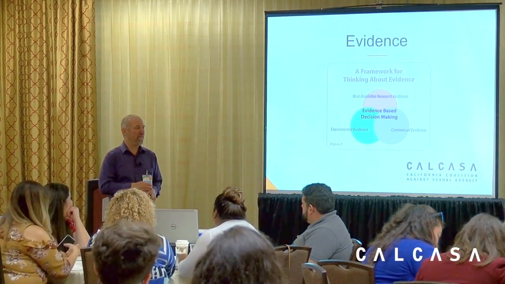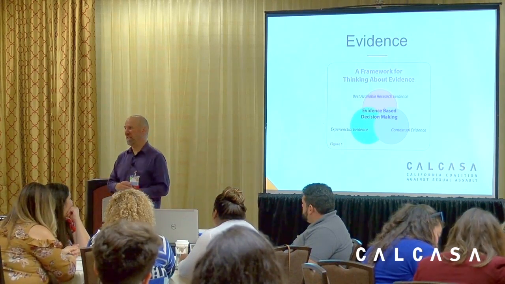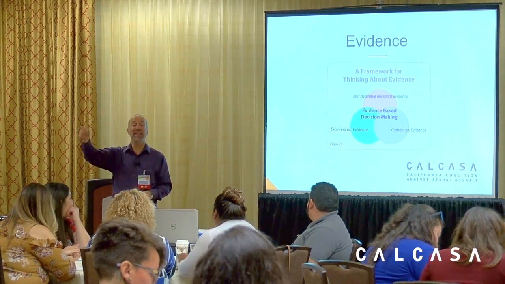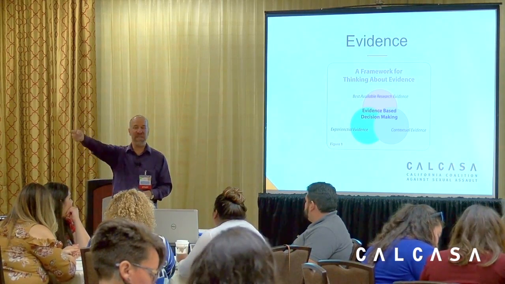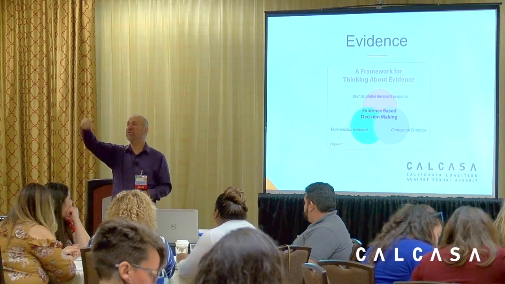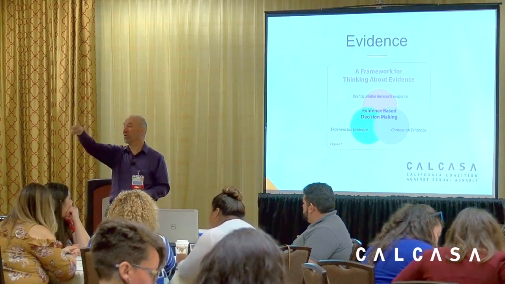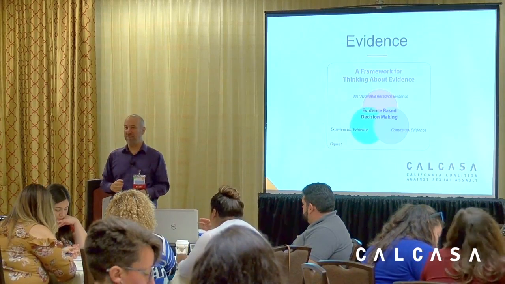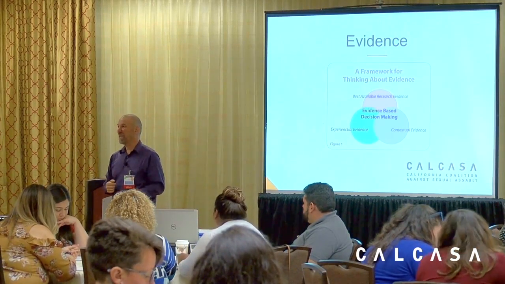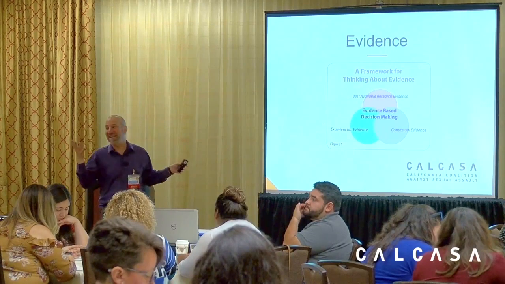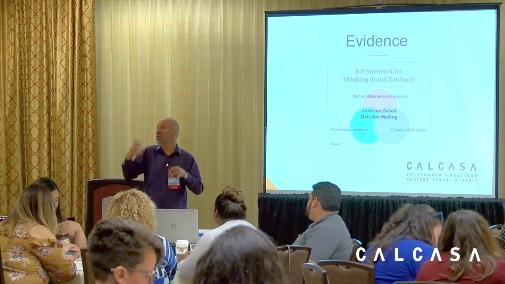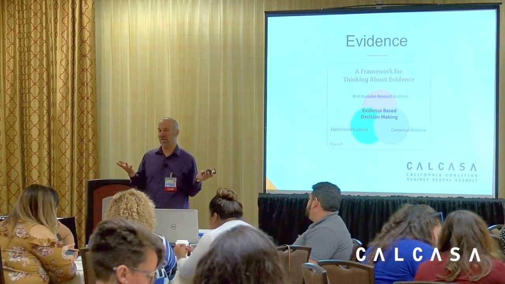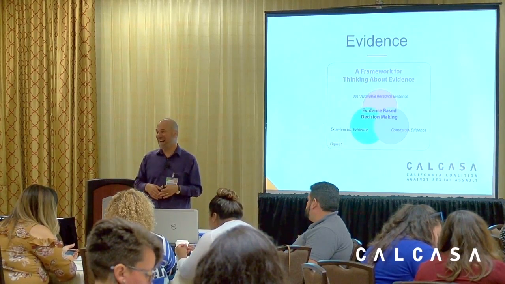The third part of evidence is the contextual evidence. Understand what's going on. Someone gave a great example earlier, working with Native American communities, that you have to understand the context of historical trauma if you're doing prevention work. Because if all you're doing is training people about what sexual violence is without acknowledging and recognizing historical trauma, you're not going to be able to address how people experience their lives in their community. And so you have to understand that context.